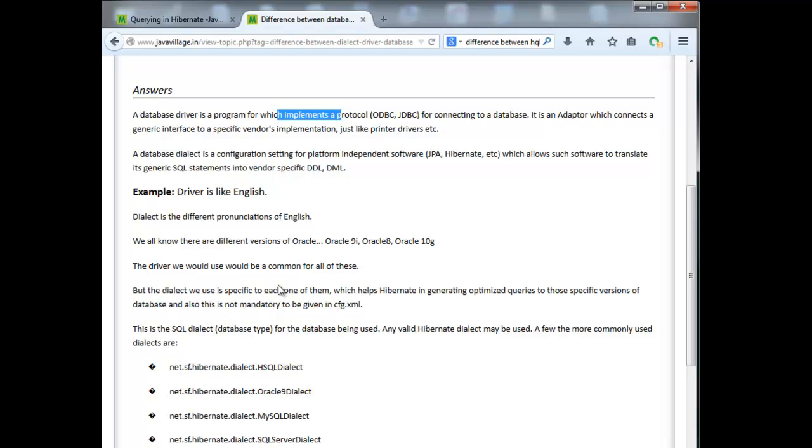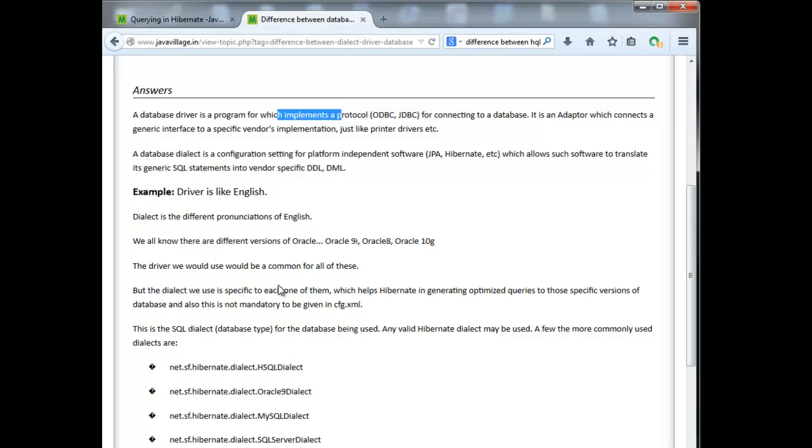Because of dialect, Hibernate also became a good feature. For example, I have used JDBC. Today in our project we are planning to use MySQL. Tomorrow if we want to change to Oracle, I have to convert all my code to support Oracle if I use a database driver with JDBC. But with dialect, I don't have any problem. Whatever database I want to convert to, I can simply change the dialect.